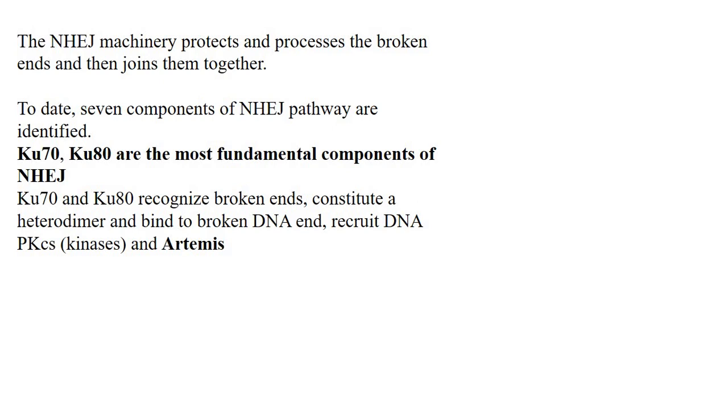Exactly how it does this is not very well understood, but what we understand so far is there are seven components of the NHEJ pathway. Ku70 and Ku80 are the most fundamental components of non-homologous end joining. And in CRISPR experiments, when scientists want the cell to repair the DNA by homology-dependent repair or homology-directed repair instead of NHEJ, one of the ways we achieve higher HDR efficiency is by knocking down Ku70 or Ku80 at the same time when we are injecting the